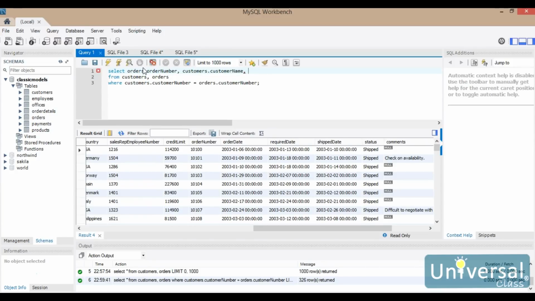Okay, and I want to see the order date, which is in the orders table. So orders dot order date. And I want to see the ship date. So orders dot shipped date. So we actually have to fully qualify these for it to work. Otherwise it'll get confused and not necessarily know which table these records should be coming out of, or the attributes